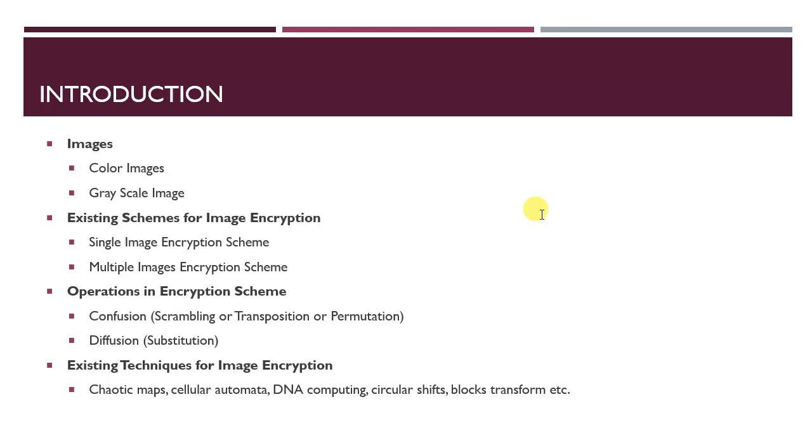The basic operations that are performed in the encryption scheme are called confusion and diffusion. The confusion is also called scrambling or transposition or permutation, while the diffusion is called substitution. For these operations, confusion and diffusion, a few techniques are used. They are called chaotic maps, cellular automata, DNA computing, circular shift operation, block transform, etc. So these are the different techniques used by different researchers to perform the above mentioned encryption scheme operations, the confusion and diffusion. In this paper, we will also use a particular technique to perform these confusion and diffusion